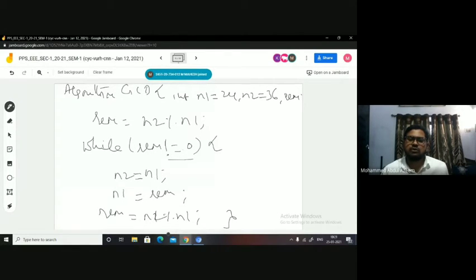So in order to check remainder not equal to 0, remainder should have some value. For that you have to calculate and then get the value in remainder, right? So the division operation must be done before while in order to have the value in remainder, which has to be checked at while. And for the next division to be carried out, this statement has to be again put inside the loop.